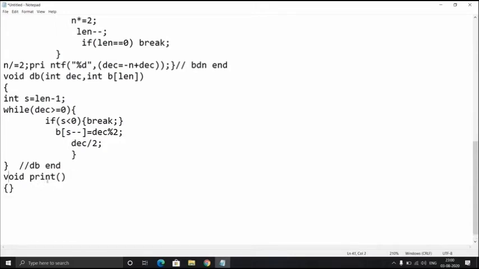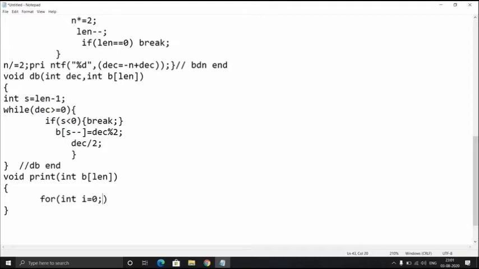Okay, I'm going to write another function, which is a print function, which will print the array elements. The parameters to this function are an array, just an array, and the length of the array, len. I have declared the global variable len for this purpose. We're going to use it everywhere without wasting other variables.